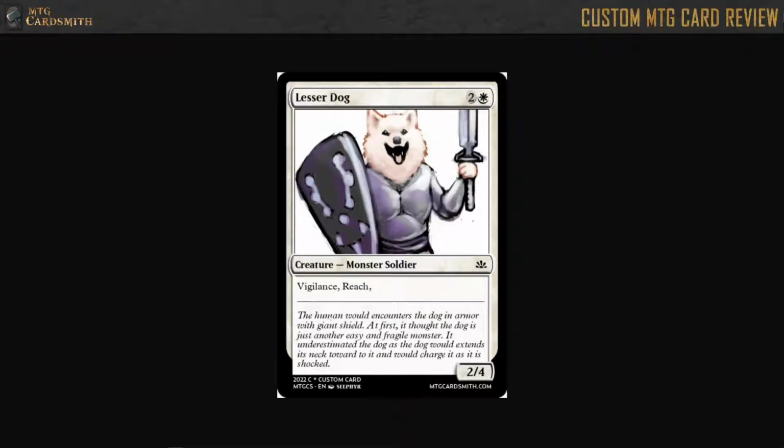Okay, so let's see. The human encounters the dog in armor with giant shield. At first, it thought the dog is just another easy and fragile monster. It underestimated the dog, as the dog would extend its neck toward it and would charge it as it is shocked. Okay, there's some grammar issues there. I don't quite understand what's going on in that flavor text, but...